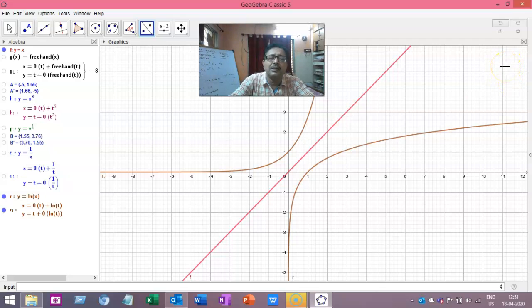Your work at home will be to get the inverse of number 1, y equal to 1 by x cube, which I write in my block, and number 2, y equal to 1 by x square. And then you share the result you got with me in the next class.